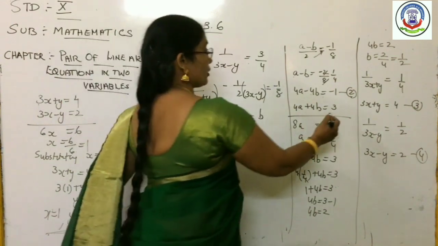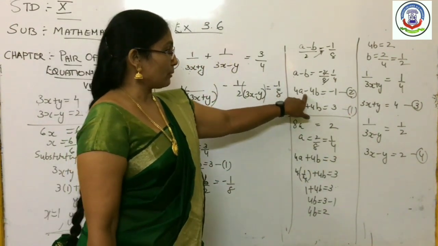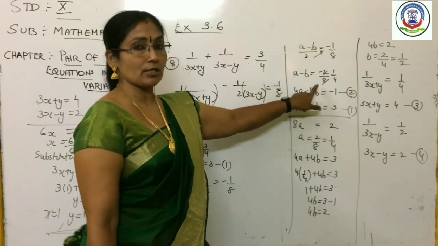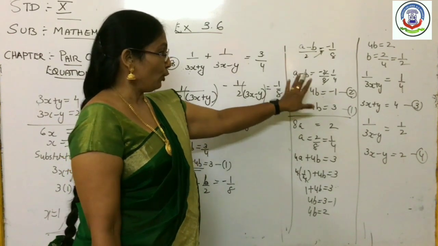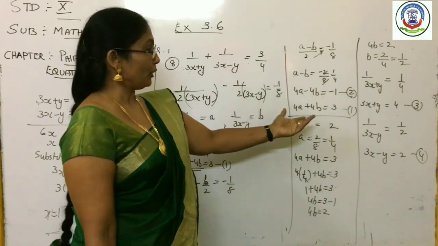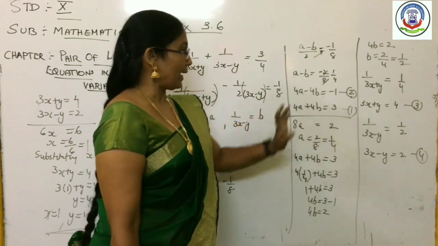Now these two equations, what should you do? Elimination. You already know that here the coefficients of b are the same, 4 and 4, as well as one is minus and one is plus. So what will you do? You will only add, because there is no need of subtraction here. You have to add it. When you are doing the addition, this will be cancelled.